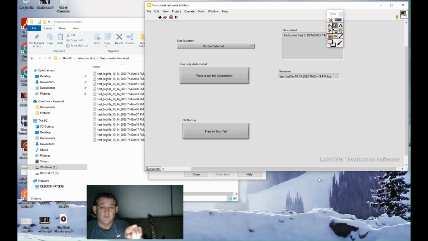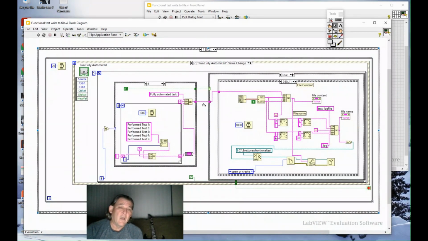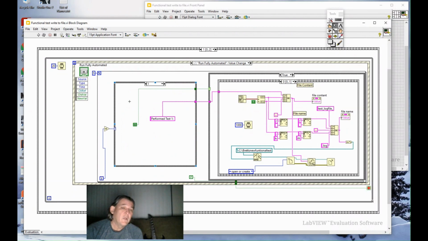I'll stop and restart and I'll show you. Okay. So press stop. I'll go in here, and now all you really have to do is, in the fully automated part, you don't really need this part anymore, or that one. But this one, you plug your test in there. This one, you plug your test in there. Plug another test in, plug another test in there, plug another. You can make as many tests as you want, as many test cases as you want, and it's going to do the same function every time. Normally, what you do is you have a place where you power on the module,